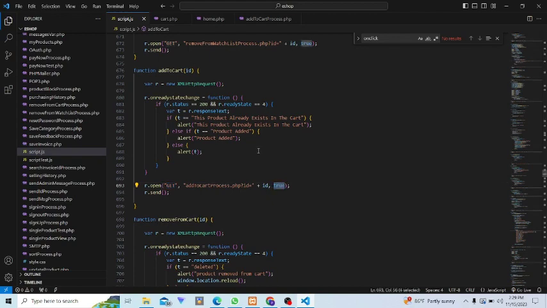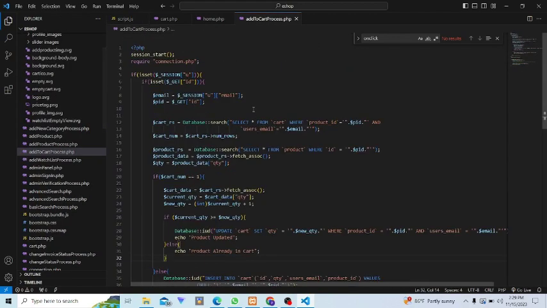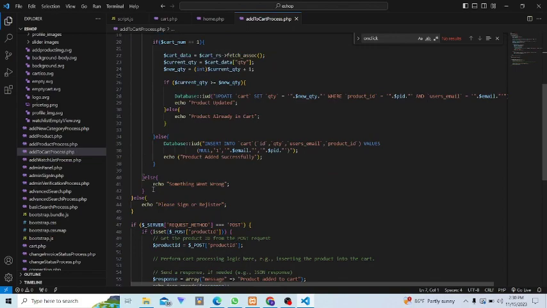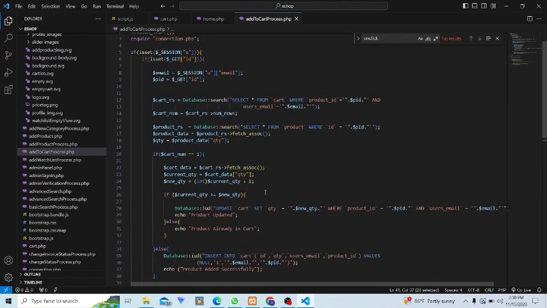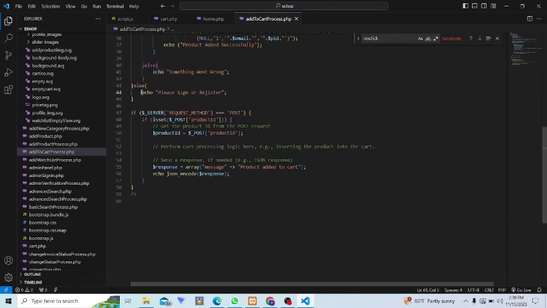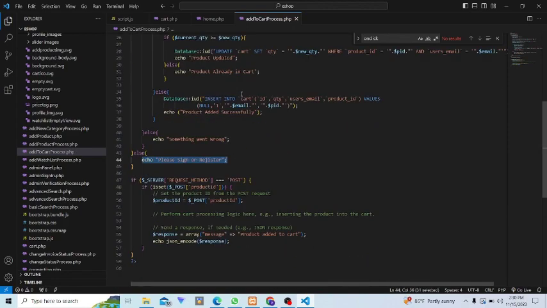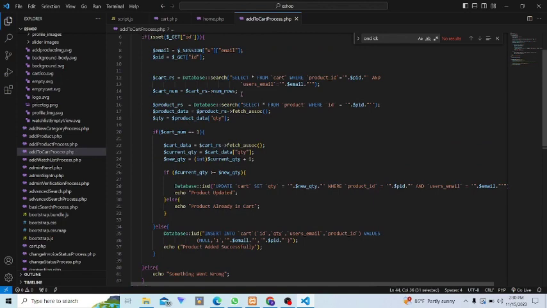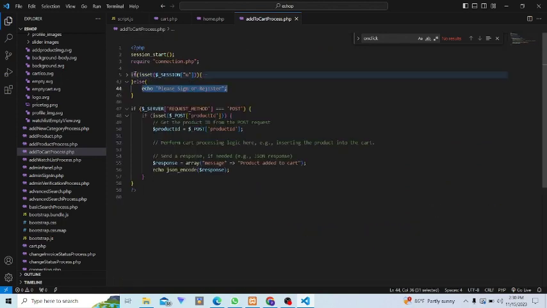So if we move to add to cart process.php, we can see that we have required our session and required the connection PHP, and we check whether the user session is set and the ID is passed correctly. If it is not passed correctly, we will echo something went wrong. And if the user session is not there, we will echo please sign in or register. And if both the user session and